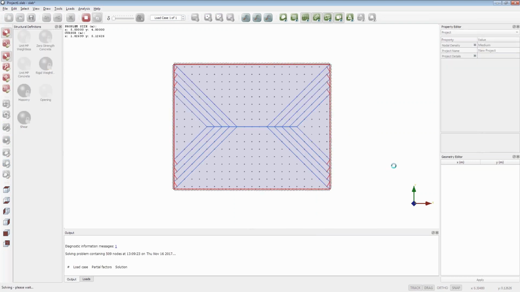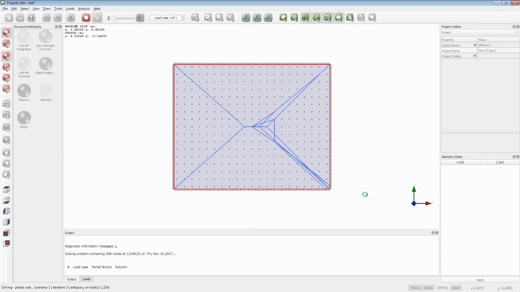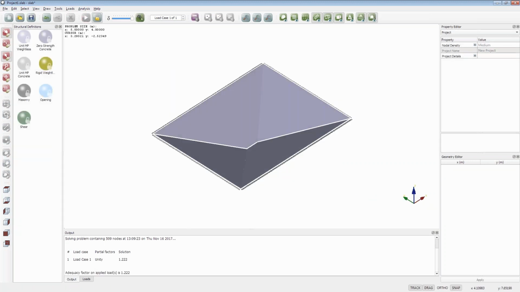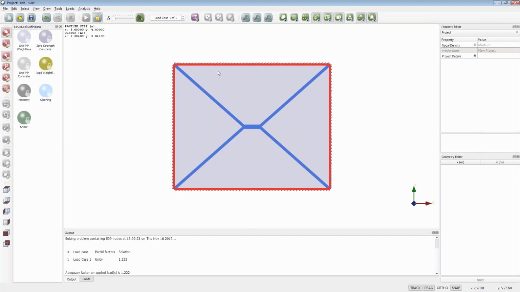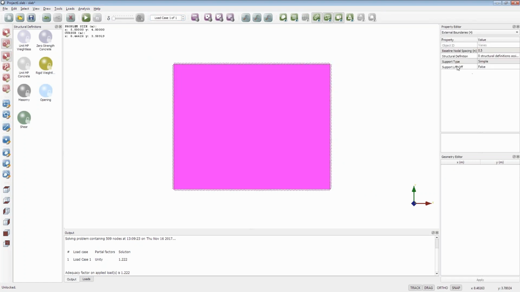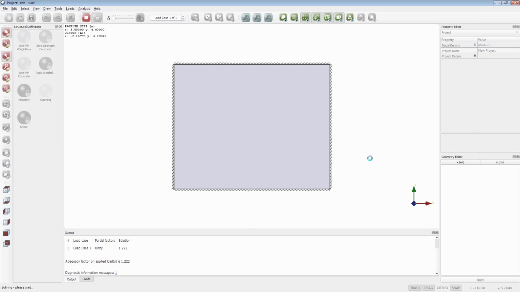If I solve initially, we'll go back to this traditional envelope failure mechanism with the 1.22 adequacy factor that we can see there. But if I unlock, what I can also do is select these external boundaries, and then in the property editor on the right hand side here we can see that there's an option for support liftoff. If I set that to be true and then solve again,